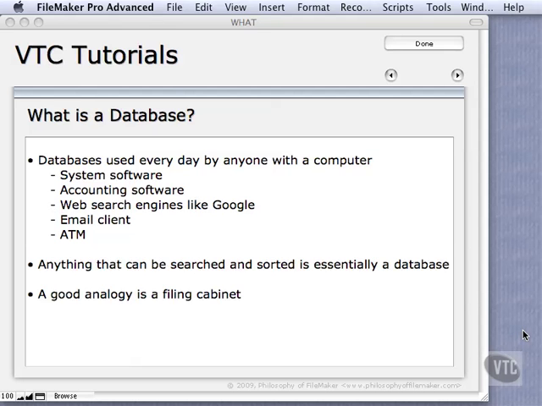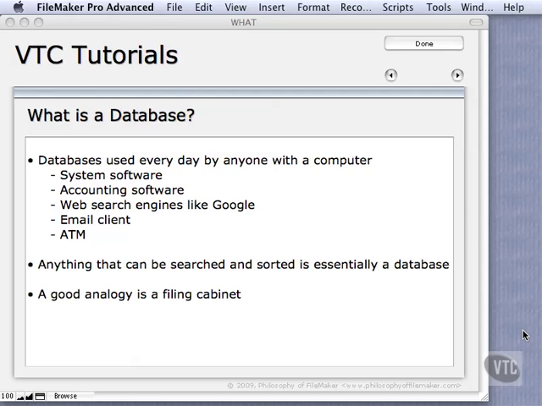Web engines like Google, they keep track of the web. They go out and send out spiders who check out the web, and they pull back the information and put it into records in a database. Even your email client is a database, and I use it often as a to-do list. I have all my emails and it's my to-do list, but it allows you to organize your emails into folders. Even an ATM, an automated teller machine, is a database. It keeps track of all of the accounts that are there and allows you to display them to the people who are coming in to use that ATM.